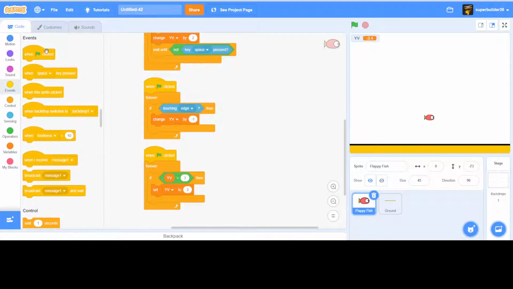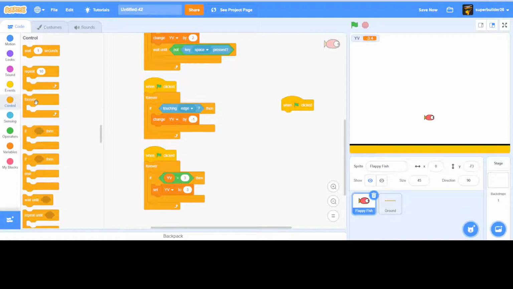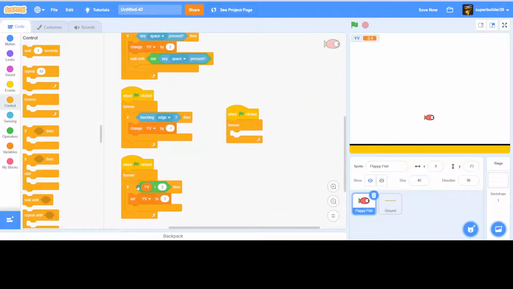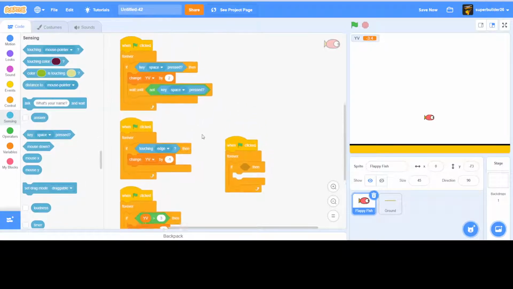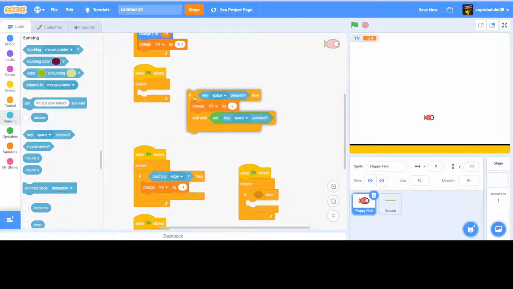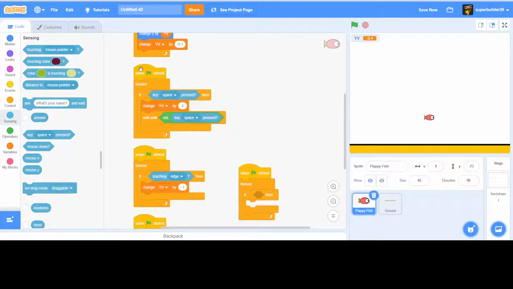Drag in another flag clicked forever. Yeah, a lot of flag clicked forevers. You can reorganize them. But this needs to stay by itself. Do not alter this unless you want to change this value. Do not alter this otherwise. Because